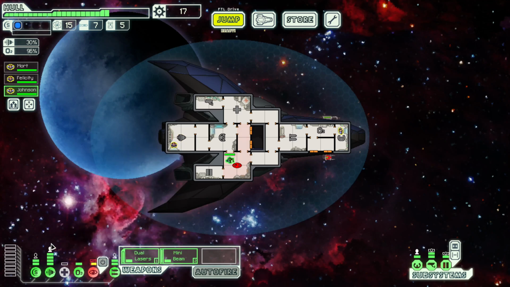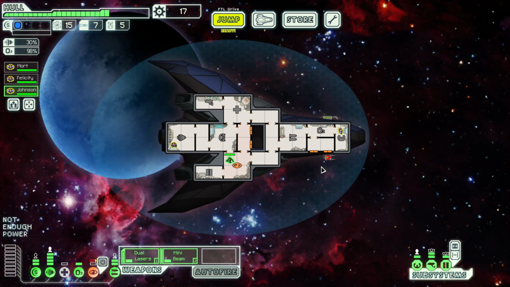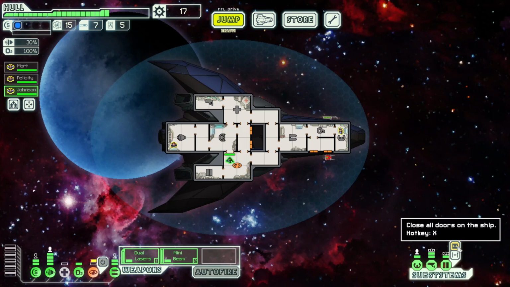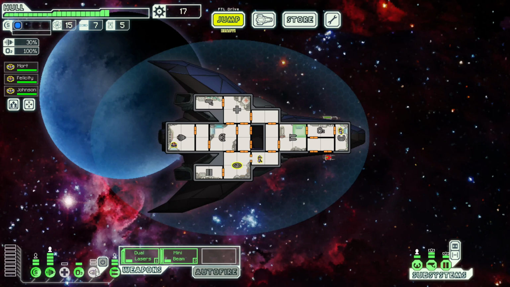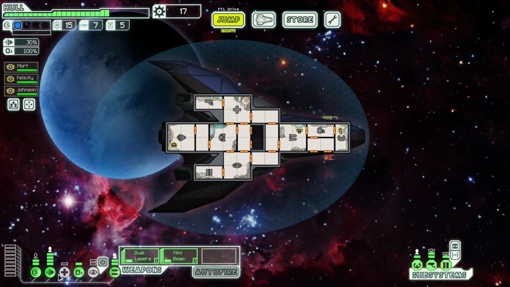I think we'll keep our person with the engines for our evasion chances. I think we'll also keep our pilot as well and weapons. If we get anybody extra, we'll happily send them to be our shield engineer, but for now it's just going to have to be what it is. So we'll take that. We also don't have enough power now, so we are...